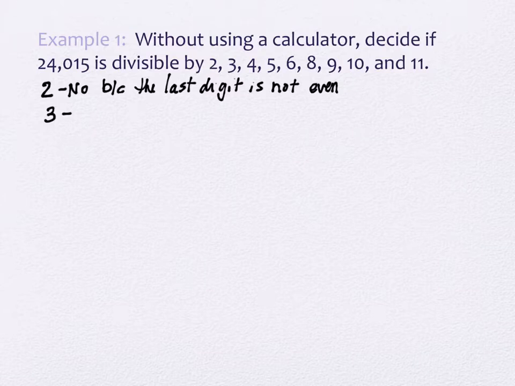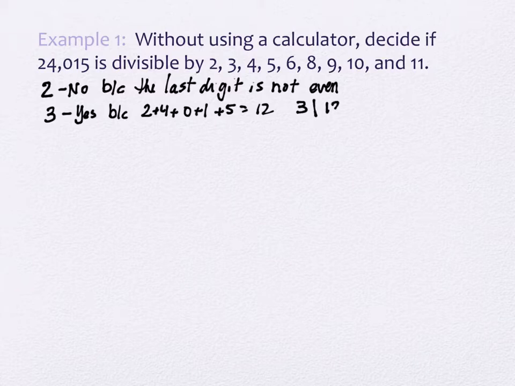Yes. It is. Abby, how did you decide? Because if I was to add all those digits together, it gets me 12, which is divisible by 3. Okay, so all the digits added together is 12. That's what Abby said. And it is true that 3 divides 12. Remember that notation we talked about last time? Read it from left to right. That vertical bar is read as the word divides. 3 divides 12. So 3 will divide